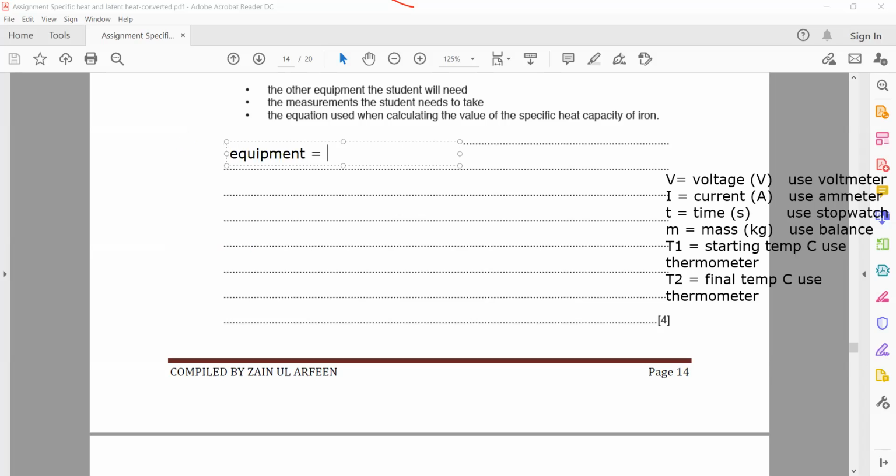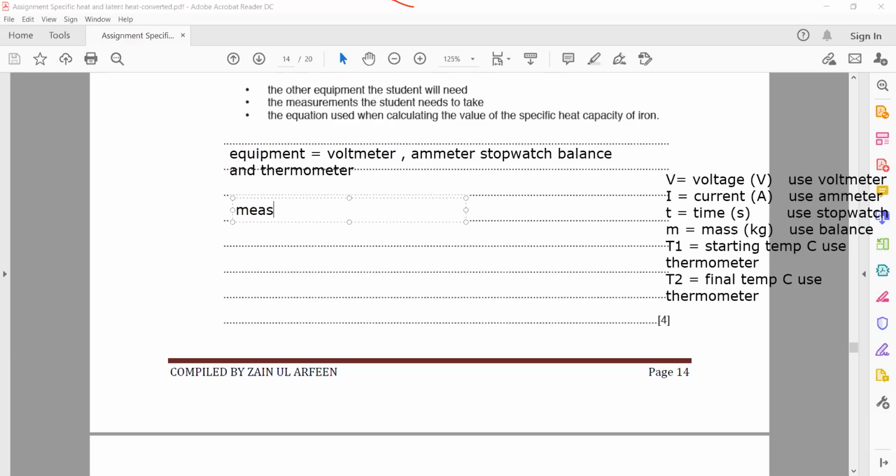So equipment, we need voltmeter, ammeter, stopwatch, balance, and thermometer. This is the equipment which we need. Then the measurements that the student needs to carry out. What things will he measure? He will measure